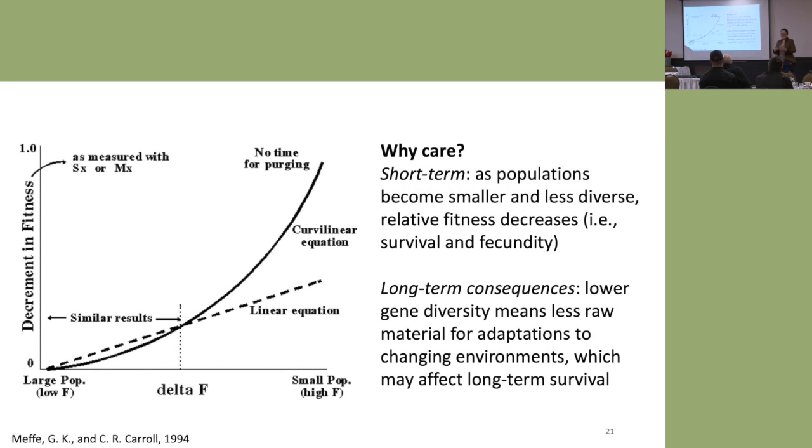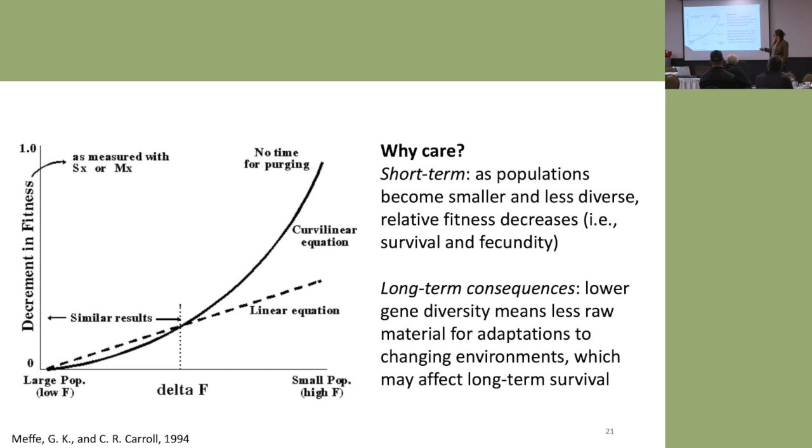So why is this all important? You're probably asking, right? You're like, why the hell is this not over yet? Come on. Well, on this graph, you can see down here the population size. So you might have a large population over here and a small population over here with a high inbreeding coefficient. This large population has a low inbreeding coefficient because there's lots of diversity there.